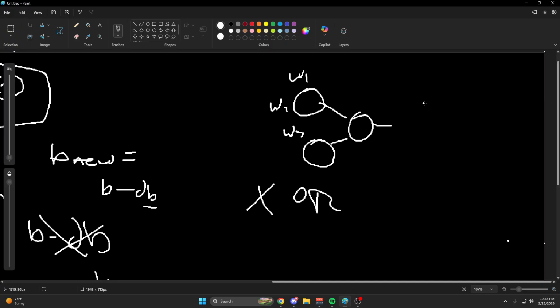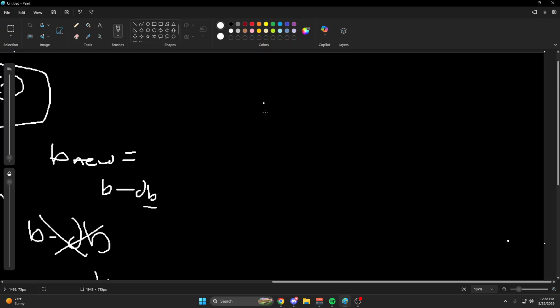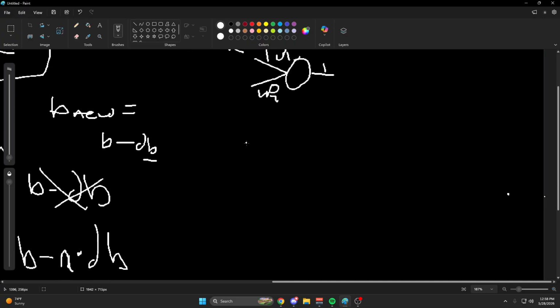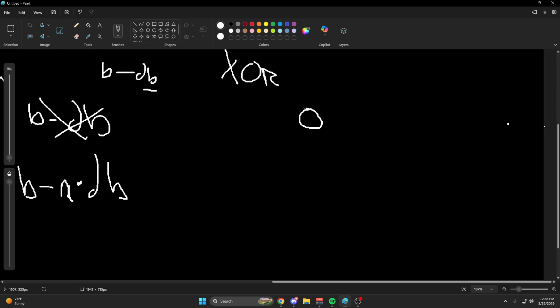Okay, well hold on. Let me show this better. So basically, what we have going on right now, we're doing OR, right? We were just doing OR. We had one neuron that's taking two inputs. One is the 1, one is the 0. I'll put a 1 basically. And this is our W1, this is our W2. But for XOR, we need 2 neurons,